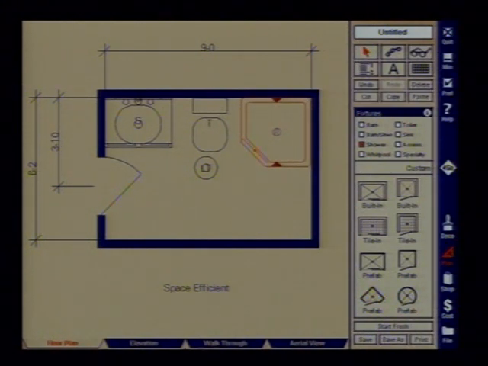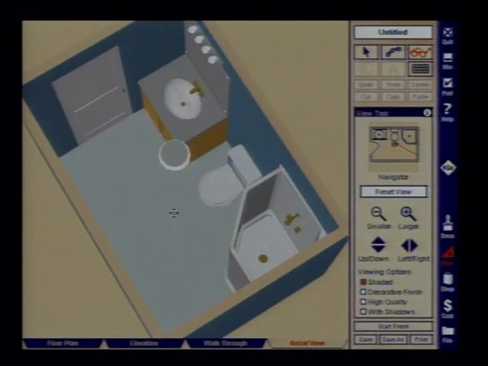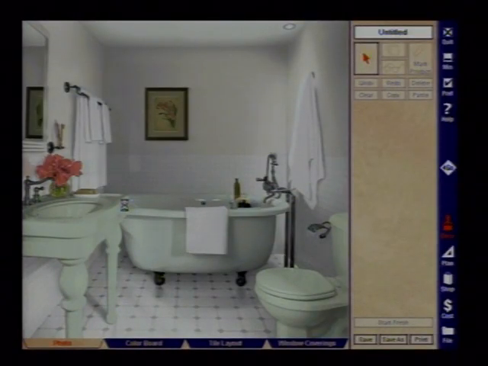Okay, now can I see a 3D view of what that bathroom would really look like, not just a little 2D view? You can click on the aerial view, and from here you get a snapshot of the entire space, so you can get a sense of the size. Let's get to the heavy-duty stuff, which is really decorating, and the floor tile and the walls and all that stuff. Okay. With Picture This Home, you can utilize the decorating feature, and AutoDesk uses innovative new technology that allows